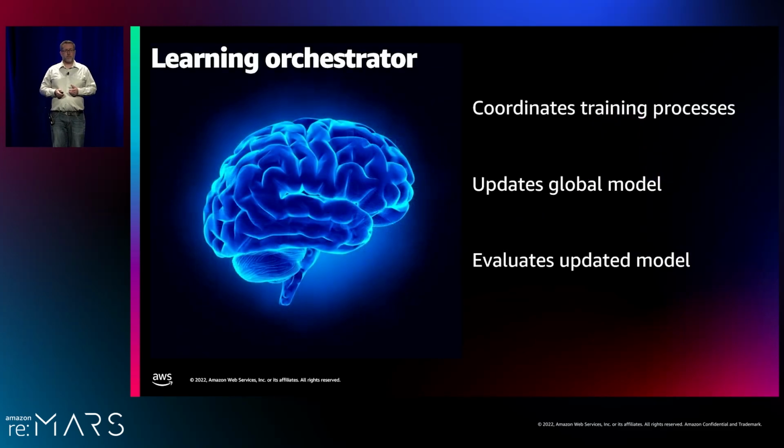So you can think of the orchestrator as sort of the brains of the system. It's the stateful thing that tracks the process as we're going through these rounds of training and checkpoints the model along the way. So if you want to start a new training, you interact with the orchestrator and say, I want to train this model with this algorithm and these parameters. And then it will start that process and communicate with the servers that are fairly stateless to tell them what to do. The learning orchestrator also is responsible for that global model update, to take all those gradients coming in from all the hosts and turn it into a new model. And then finally, once it's updated the model, it will have to do an evaluation of the model to make sure that the model is improving the way that we expect.